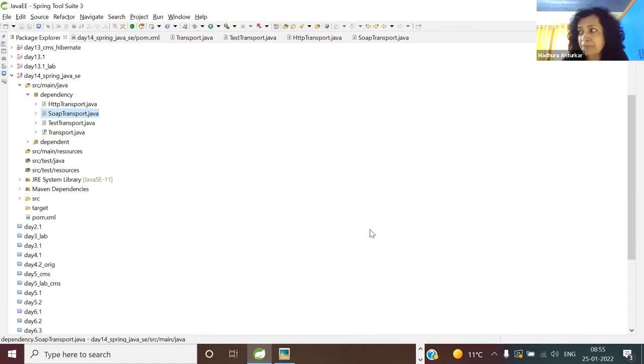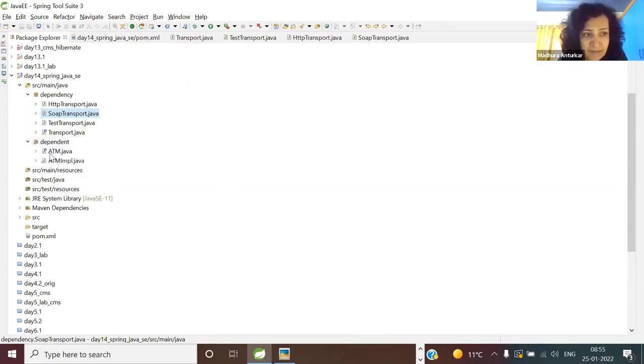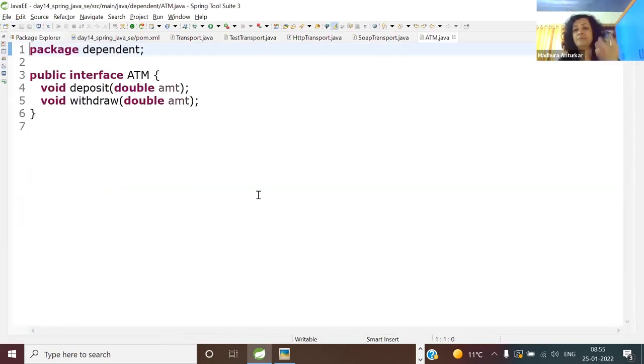When I say dependent, you have to understand who is going to need whose. So for example, suppose a user wants to use the printing service. So the user is dependent upon that printing service, not vice versa. Okay, so open the dependent layer, please, and look at the simplest ATM interface.